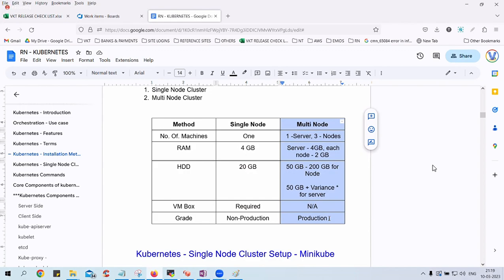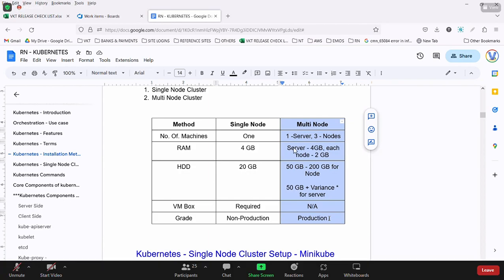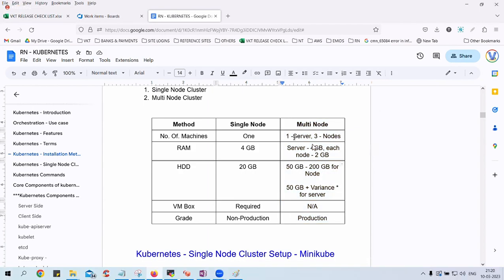The server should have 4 GB and each client should have 2 GB of RAM. Each client should have at least 50 GB of hard disk and the server at least 200 GB. VirtualBox is not required for it, and the grade is production grade. Are we clear? Do you think that's really possible on our computers?